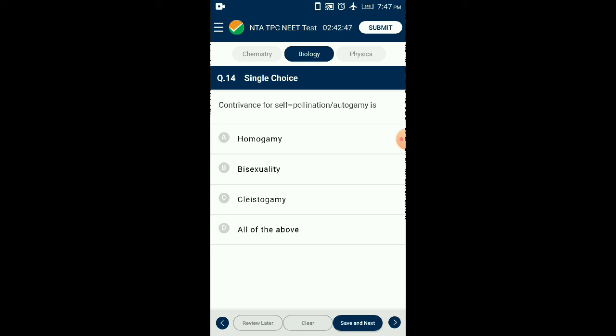Example, Pisum. Some flowers such as Commelina, Oxalis, etc. never open. In such flowers also, self pollination only takes place. Such flowers are called cleistogamous flowers. In a flower which is normally opening, the androecium and gynoecium are brought nearer to each other to produce self pollination only. So the answer for this question is option D.